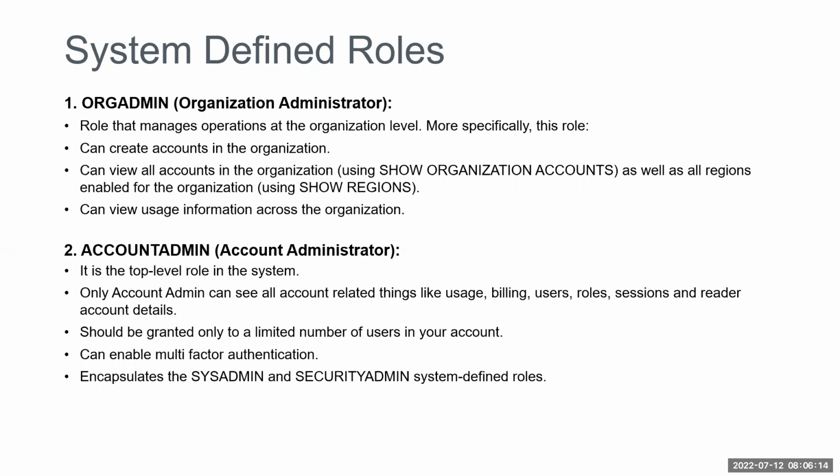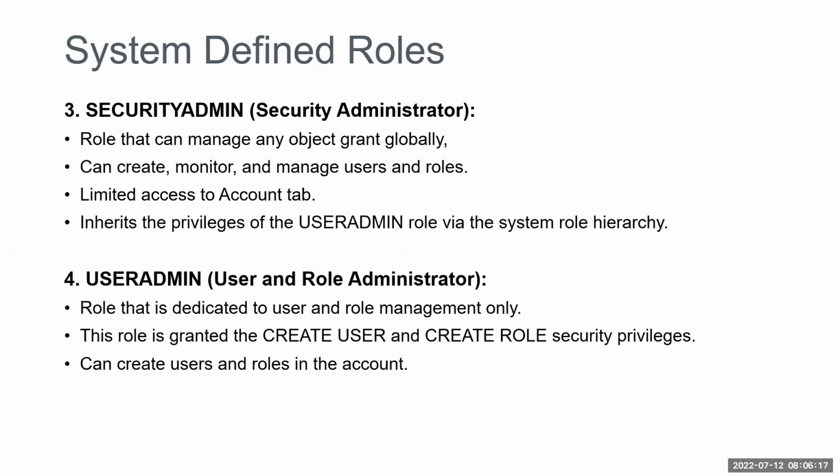So the third role is security admin, the security administrator. This role can manage any object grants globally. This security admin cannot see all the account related things, but only some information, like the users and roles tabs from the account admin. In the account tab there will be multiple tabs, like usage, billing, users, roles, everything. But security admin will have limited access to that account tab. He can see only